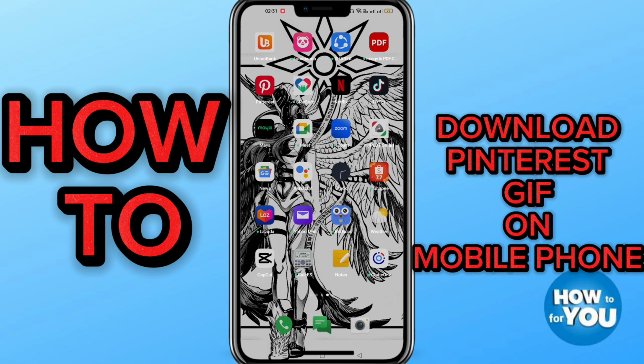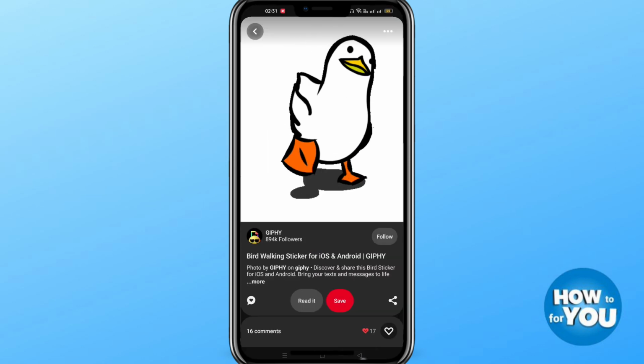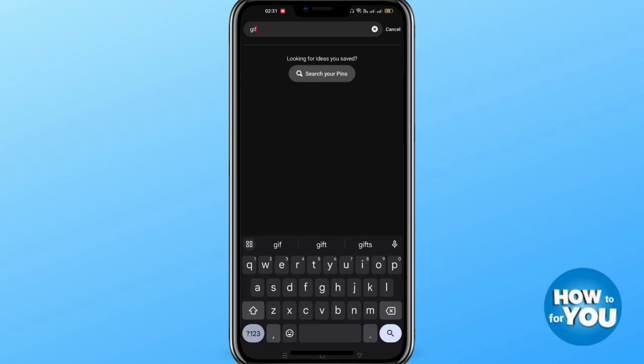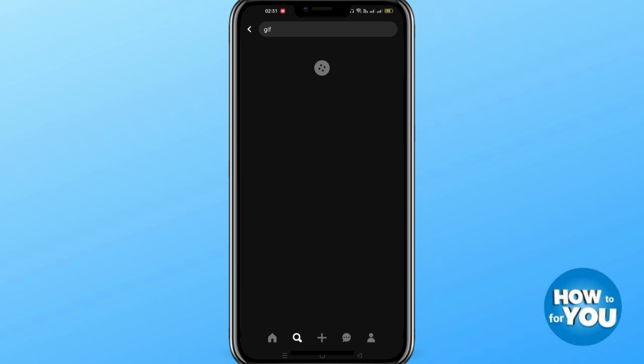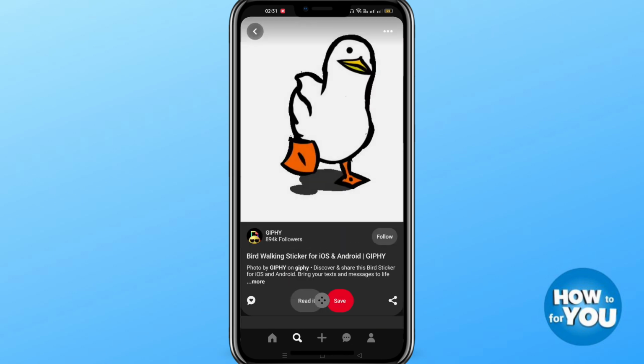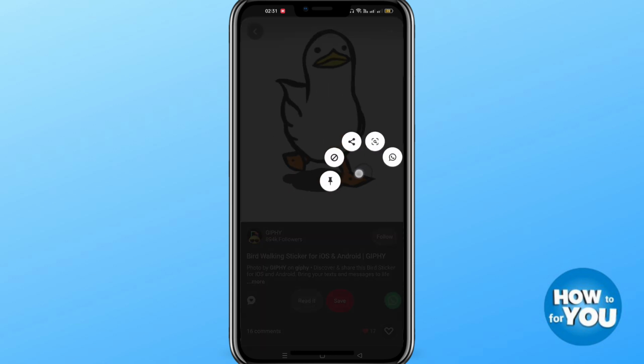So let's get started. First, open the Pinterest application on your mobile phone and search GIF on the search bar to find some GIF that you want to save on your mobile phone, like this one. I will choose this one to save on my mobile phone, and then press and hold the GIF and